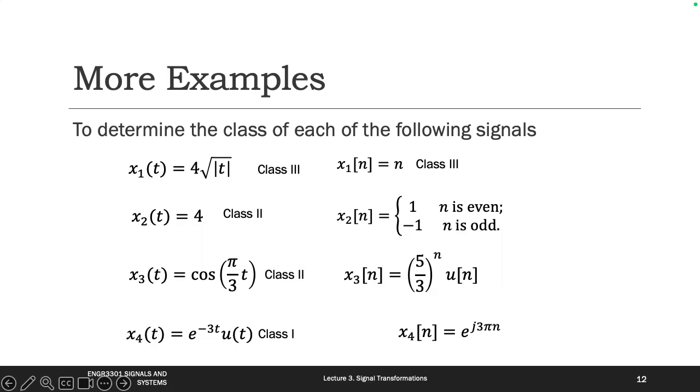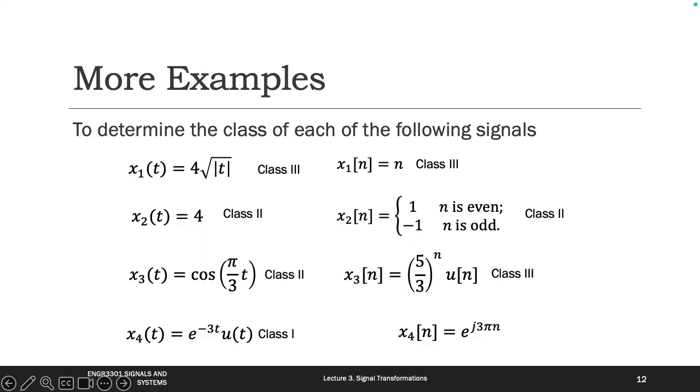This one. What's this? Is it a periodic signal? Yeah, because this one is obviously a periodic signal. And how about this one? This one is a little different. Okay, when n goes to positive infinity, what's the value for this one? So what's the class? And how about this one?